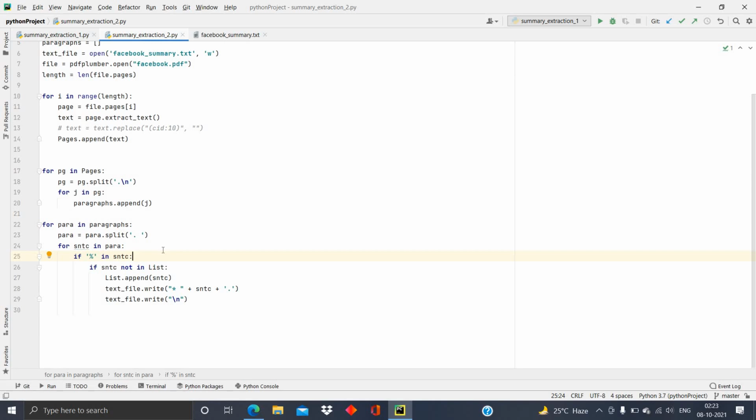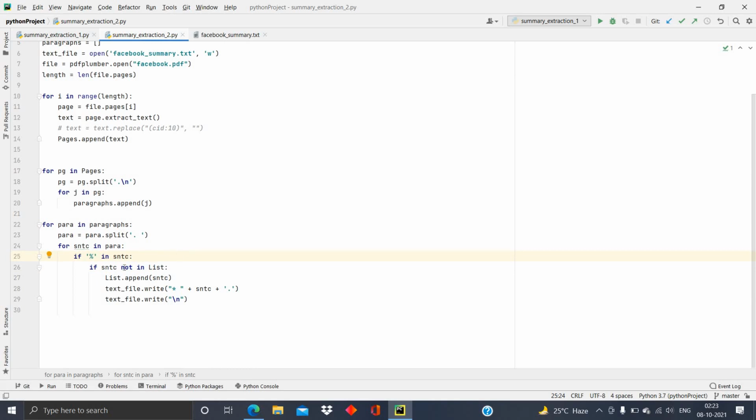To get that information, we can consider this percentile symbol. We can simply find out all the profits and losses of a company using this percentile character, and any sentences containing this character will be extracted as a final summary.